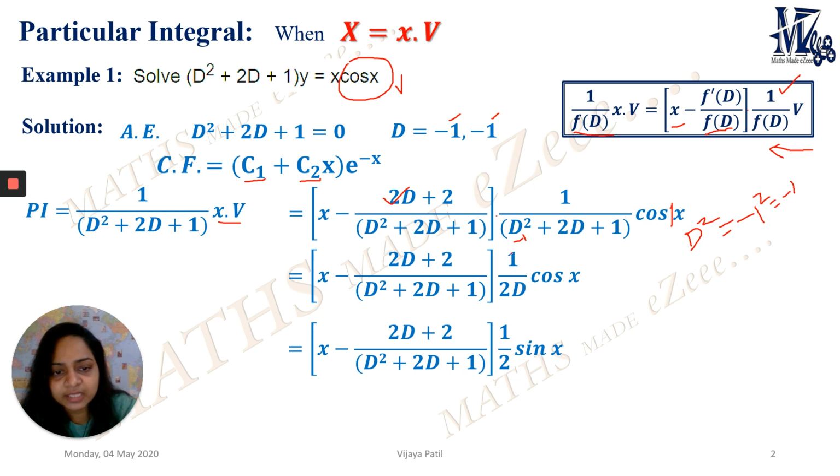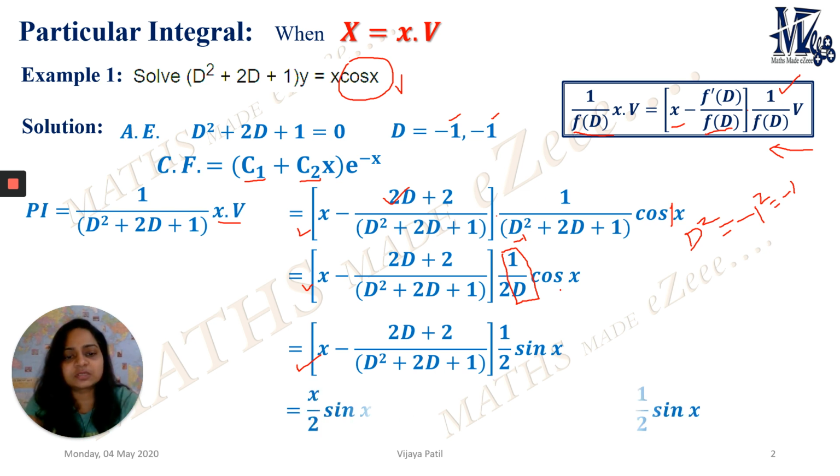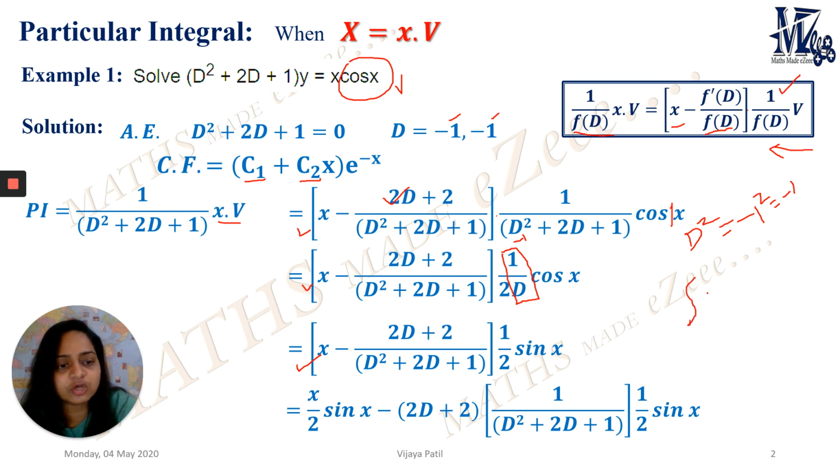Now we have to think about this type of example part by part, dividing it into small parts. If you observe here, I did not even touch this square bracket. We have to first simplify the term outside the square bracket. So this 1 upon D cos of x is nothing but the integration of cos of x. As I've told, D is d upon dx, and therefore 1 by D gives the inverse of that, that is the integration.